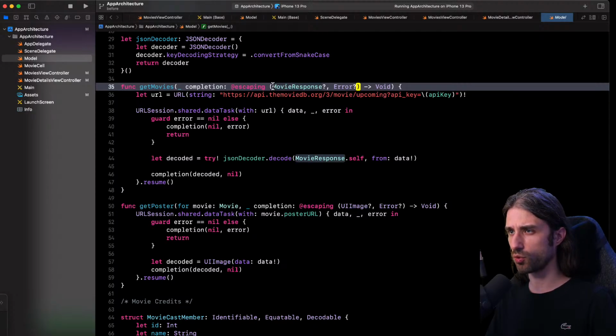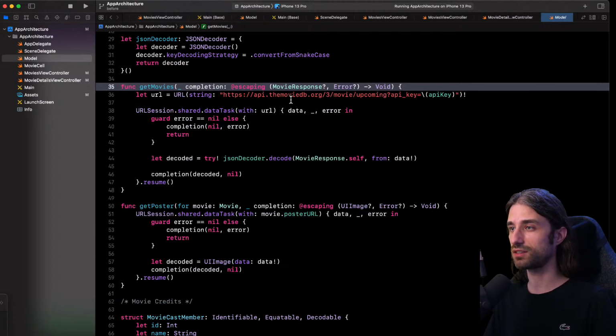You can see that the completion handler returns the result of the network call through two arguments. The first one is an optional movie response, and the second one is an optional error. When we read this, it seems natural why we are using optionals here. Either the call could fail, because there is no network or because the decoding failed, and so we would have an error, or the call succeeded, and so we would have a movie response.